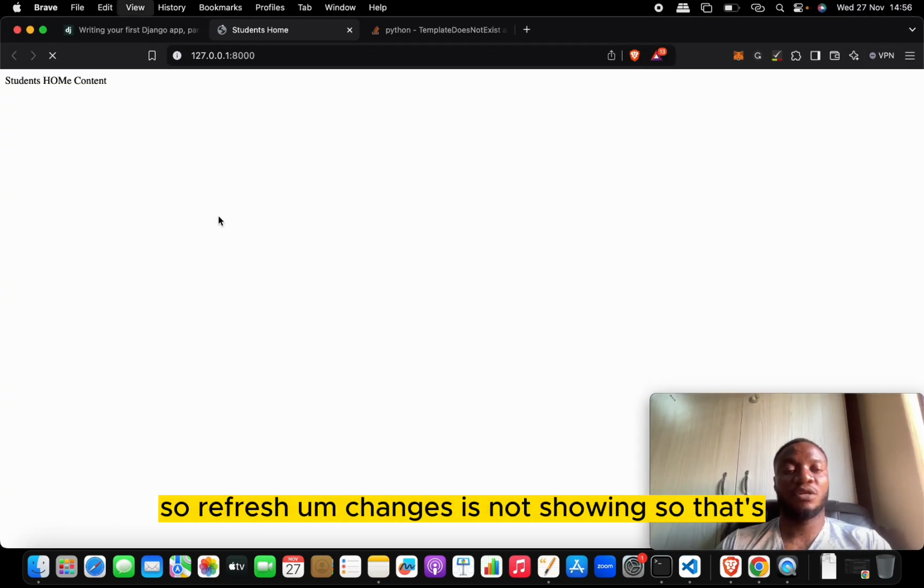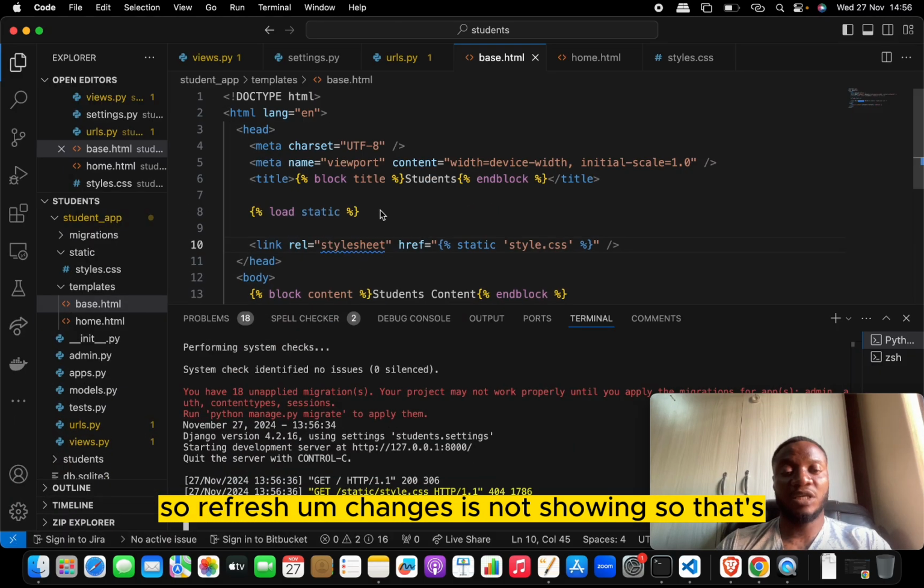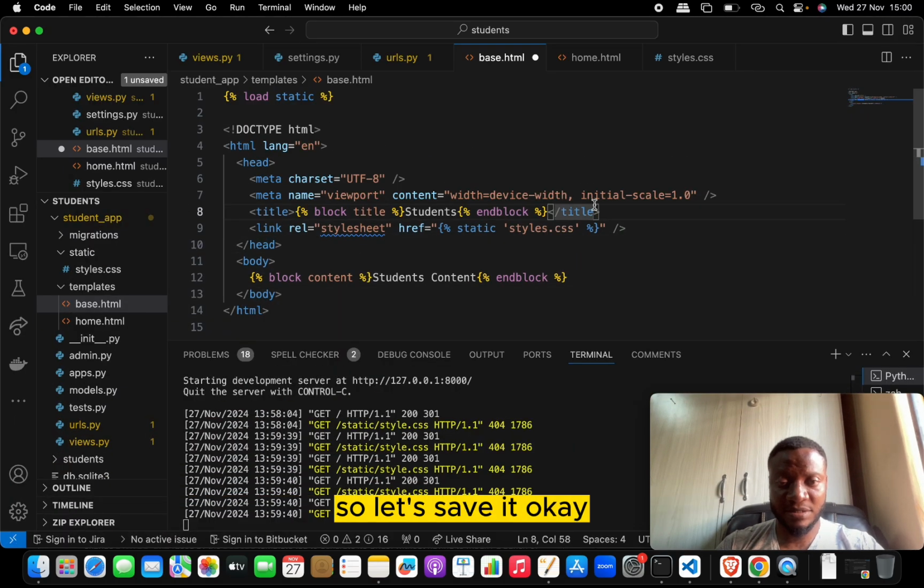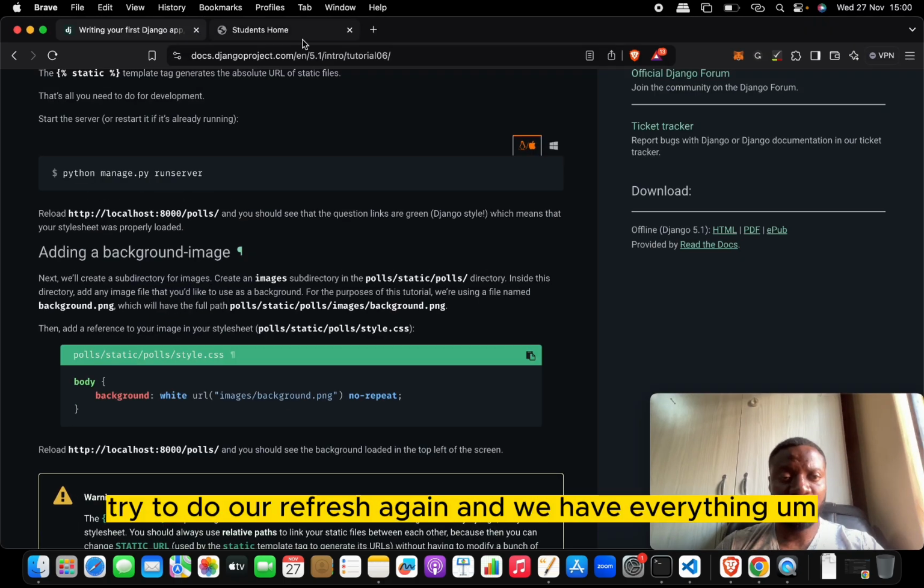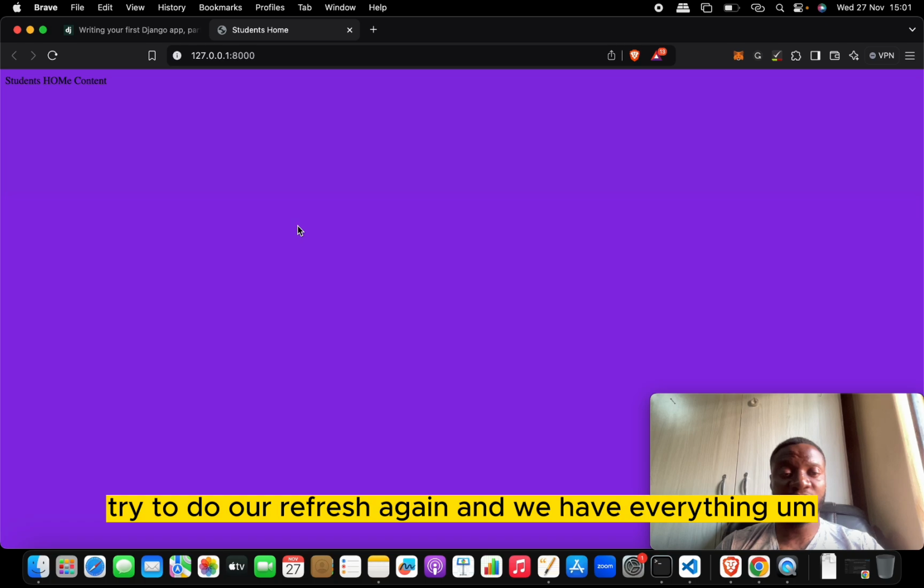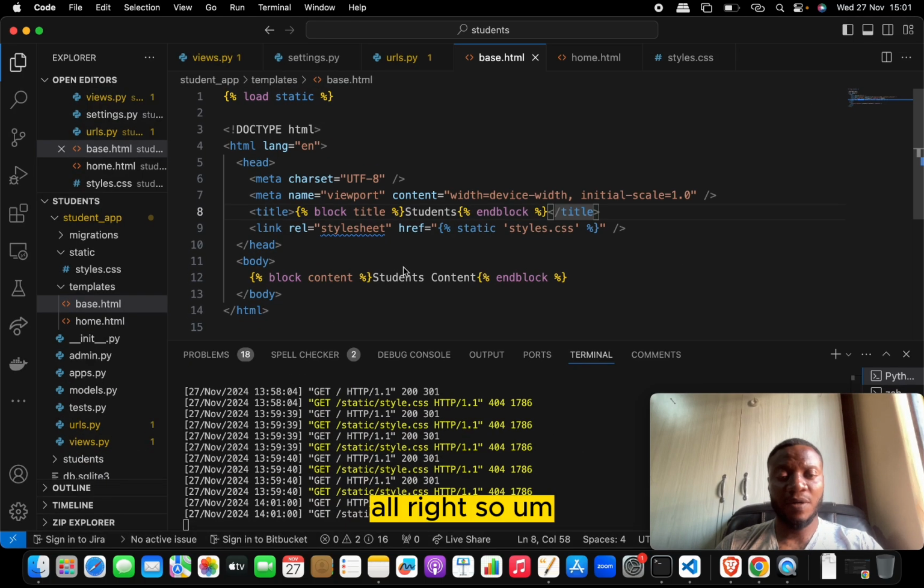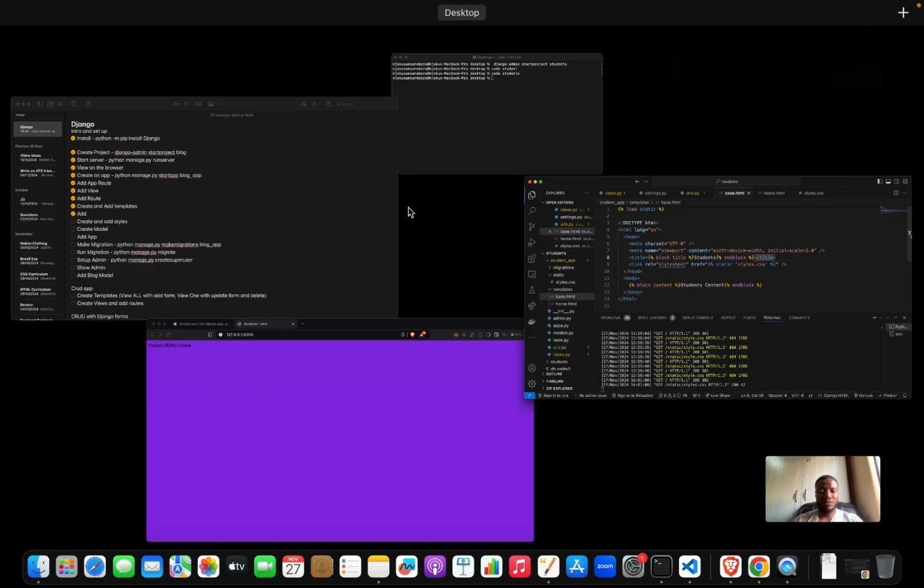Once we restart, we should have the changes coming up. So refresh, changes is not showing. So let's, all right, I think the problem is from the spelling here. So let's save it, okay, and then try to do our refresh again, and we have everything running as it should be. Okay, all right, so we've been able to check up